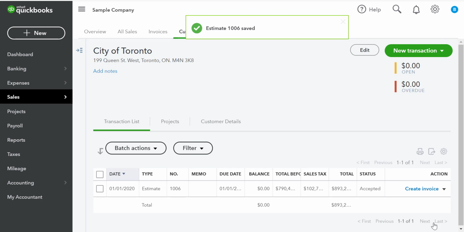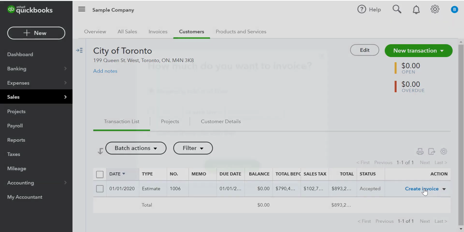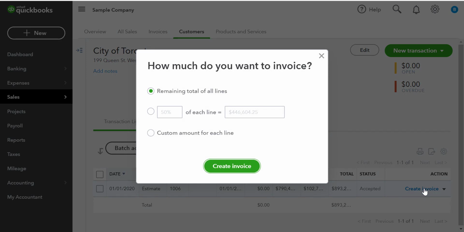Now let's suppose that several months have passed and we are ready to start invoicing for the services provided. We can do that directly from the same window. We can click on Create Invoice. Now, since we have progress invoicing enabled, here we have a question. How much do you want to invoice? QuickBooks gives us 3 options: the total of the invoice, a percentage of each line, or a custom amount for